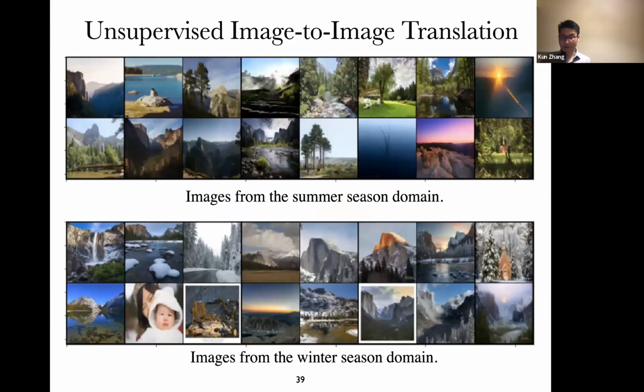Okay, the last thing I would like to mention is kind of interesting and related to the minimal change principle I just discussed. This is the image-to-image translation problem. Right here at the top, you can see a lot of images taken in the summer. At the bottom, you can see a lot of images taken in the winter. We don't have paired data. You have no idea about the pairing information. Instead, you are given a particular image taken in the summer, and you are required to produce the counterpart of this image taken in the winter. So how can we really find the pairing information?